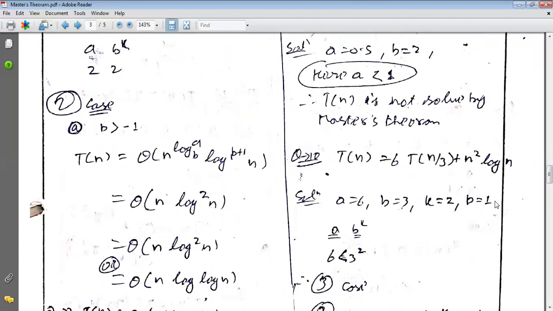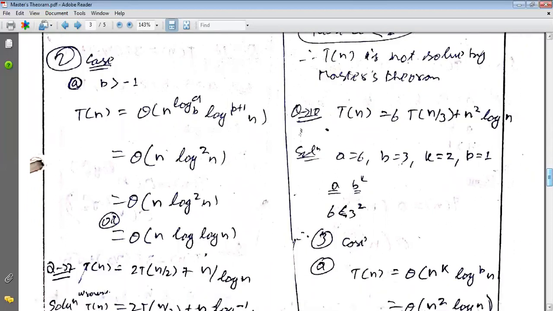Now if we talk about whether this particular question is solved by Master's theorem, the answer is yes. Now we come to the next step. The second step is to compare the value of a and b to the power k. What is the value of a? a is 6. And what is b to the power k? b is 3 and k is 2, so 3 to the power 2 is 9. Therefore we can say that